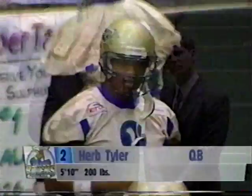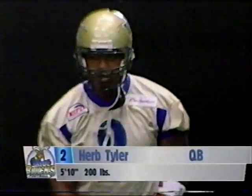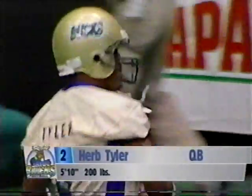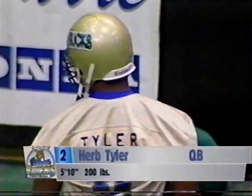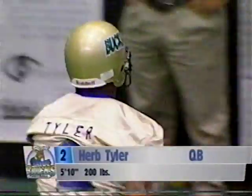Well, today you're going to see 2 outstanding quarterbacks. For the Bayou Bucks, a name that's familiar to Louisiana football fans, Herb Tyler, who was signed earlier this week, the former LSU quarterback, is going to be taking the signals for the Bayou Bucks. Well, Herb's been a very effective indoor quarterback. He played in the Arena Football 2 League with me a couple years ago. He had a little bit of an injury last year, but he's going to bring a field generalship and some quickness and leadership to this football team that should be a real positive for the Bucks tonight,